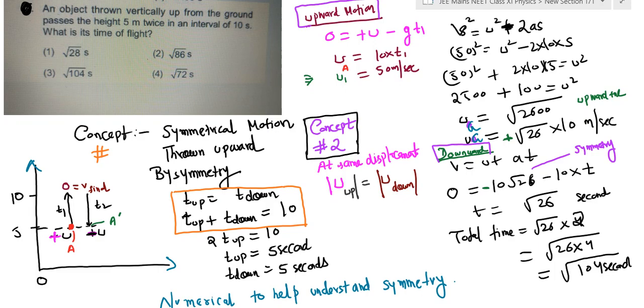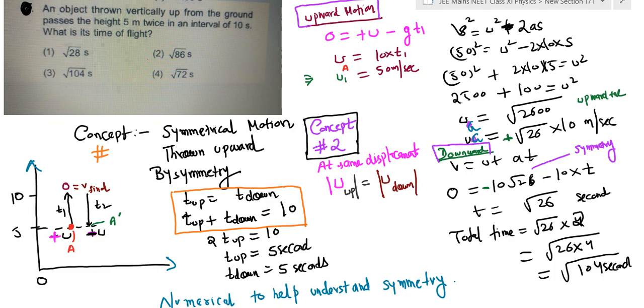Now the time elapsed between the first time you saw the body and then when the body came down the second time is 10 seconds. If we use the concept of symmetricity, the symmetrical part of the motion, then t upward should be equal to t downward. That is the first part, which means the upward part is 5 seconds and the downward part is also 5 seconds. Use this knowledge that your displacement at point A is 5